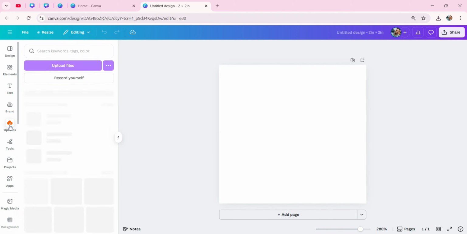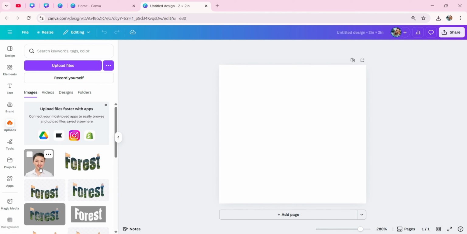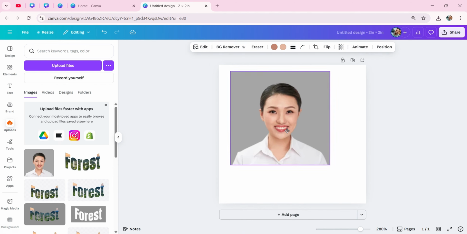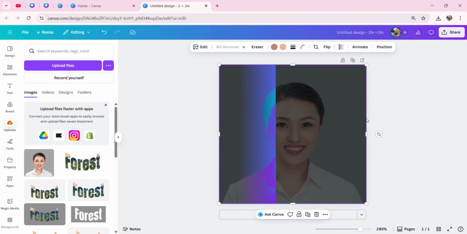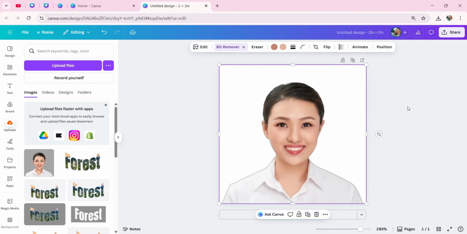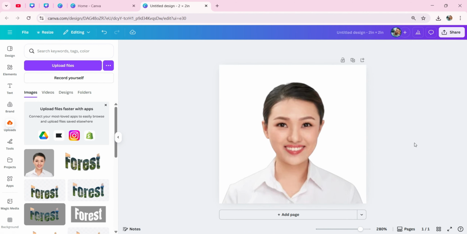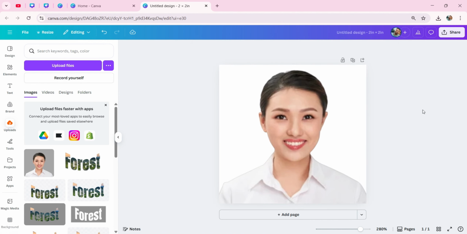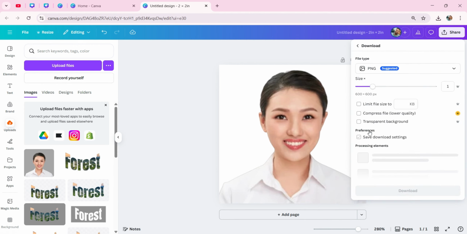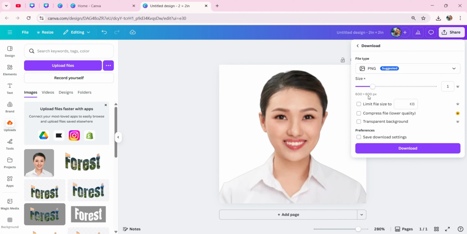Next, we will go to the upload step and add the picture we need to edit and resize it as shown. Most of the time, pictures for an ID are required to have a white background, so we will remove the background using a background remover app here in Canva, and make some adjustments as seen to put our picture in the frame. Finally, go to the share tab and download option, select the png file as a file type, then click the download button